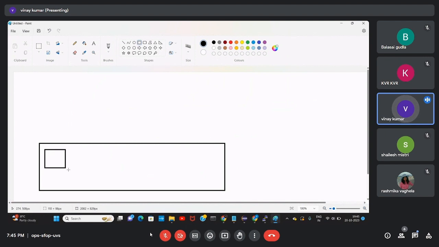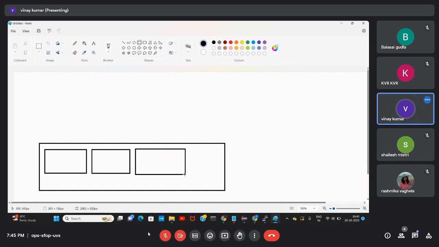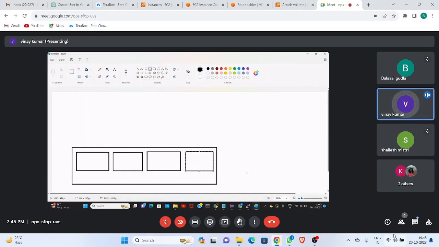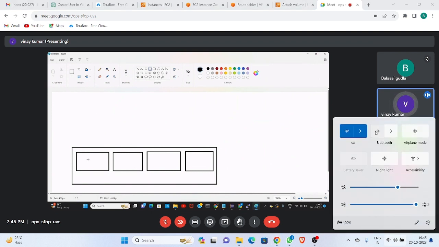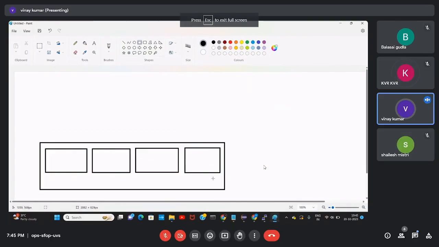In that group, consider server 1, server 2, server 3, and server 4. Now what I will do is create four servers and make them a group. I am calling that a target group.